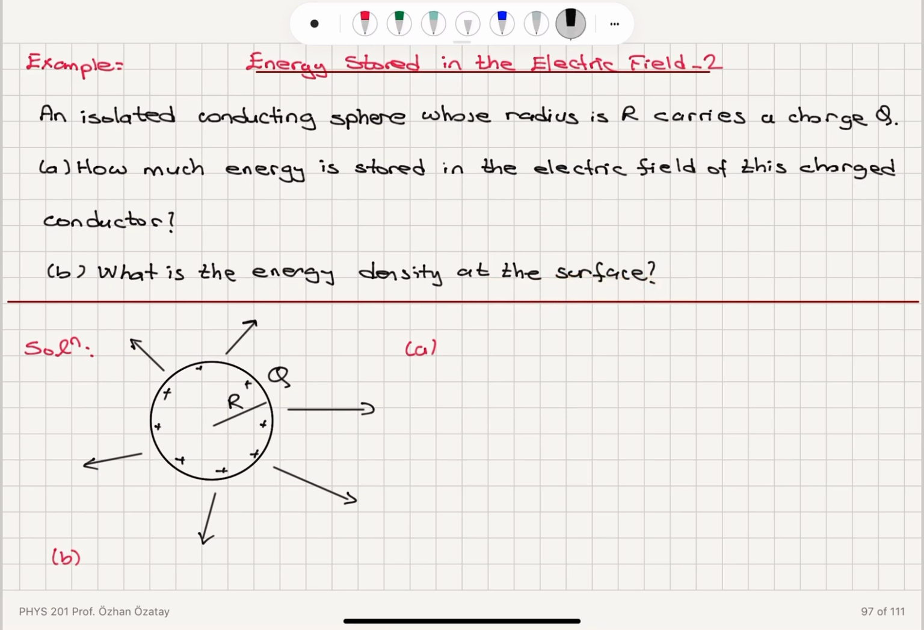Now, the energy stored in a capacitor, remember, is 1 over 2 Q squared, the charge stored, squared, divided by capacitance. So the question boils down to what is the capacitance of this spherical charged conductor? Now the potential delta V